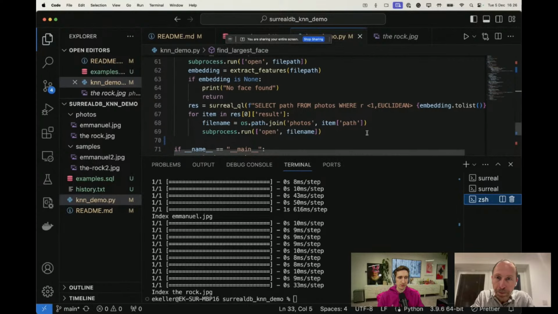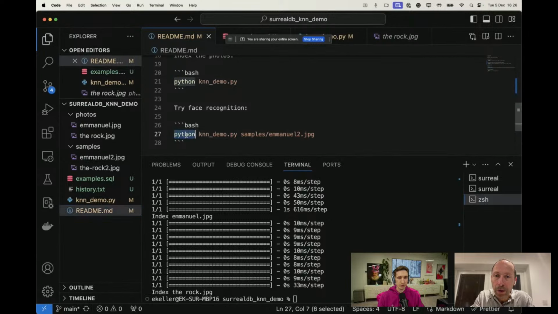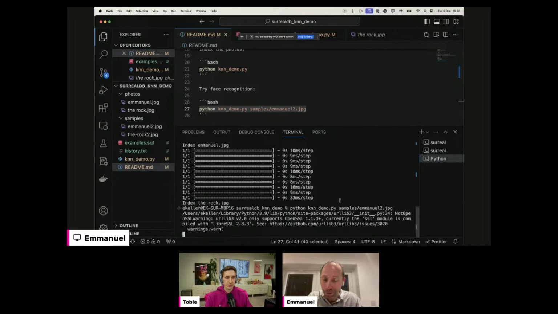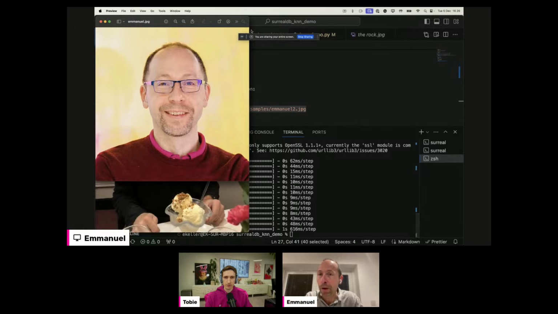So let's do that. We'll go to my README. Here we go. So I give my script again, but this time I give it the path to the image that I want it to find the face from. Here we go. The script is extracting the vector, making a KNN search, and giving me the image, right?